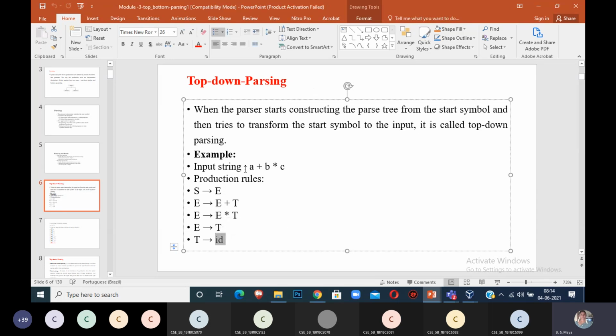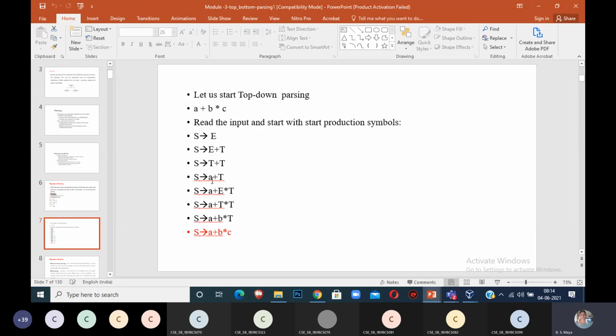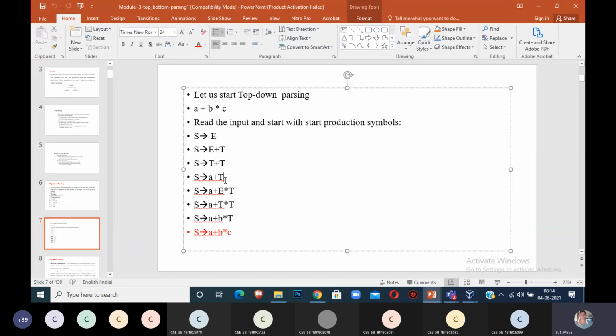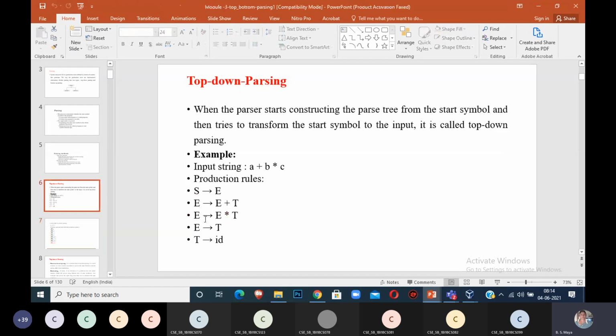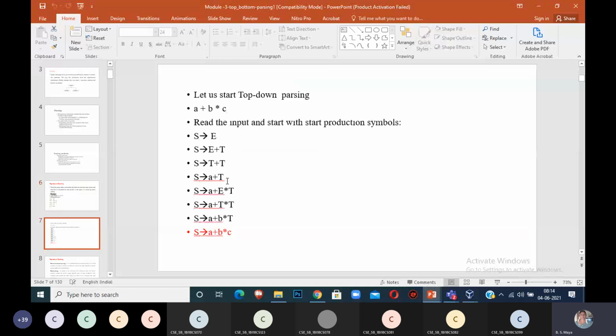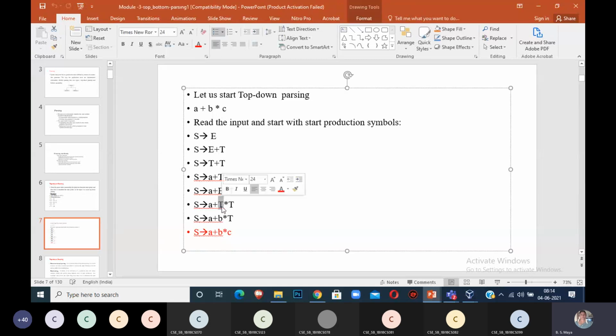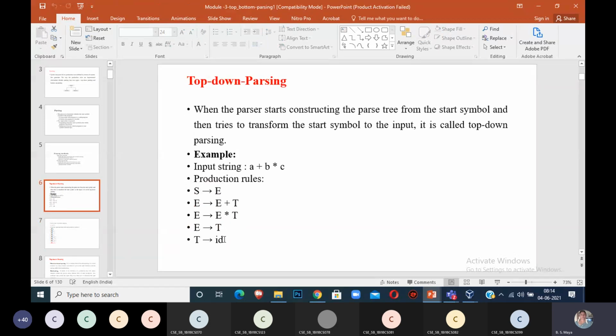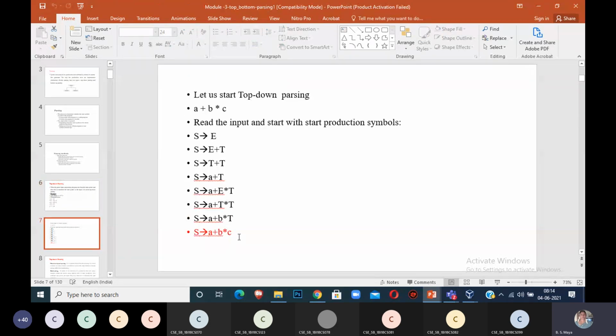Then the next T will be replaced with a plus T. Now I replace T with E star T, next E with T star T, and T will be replaced with b star T. Finally T can be replaced with ID, that is for your c.